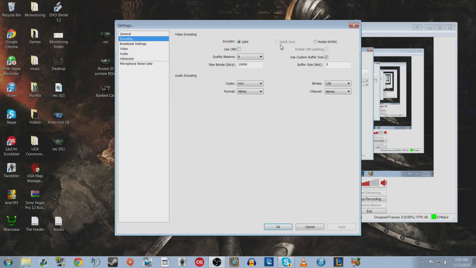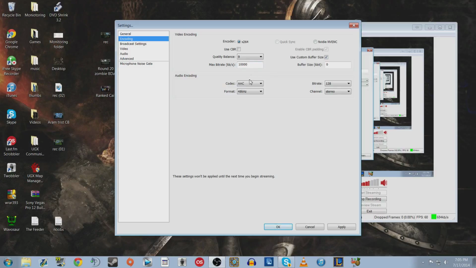These are the settings that I use. Underneath quality balance, it's a scale of 0 to 10. I choose 9. It's just kind of an arbitrary thing. If you have a higher end system, and we'll start by saying this, my system is an i5 3570K, so anything this level and above and the AMD equivalents, these settings are going to make your videos look great. The quality balance, I could go up to 10 easy. Again, it's one of those arbitrary things that I just have it set on 9 because that's what I have it set at. At the max bit rate,